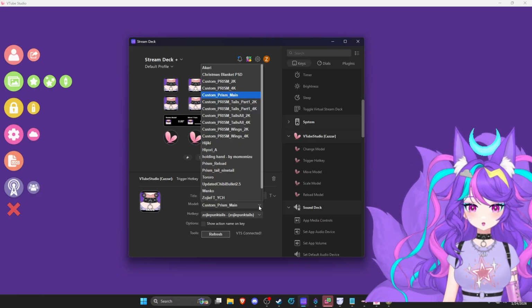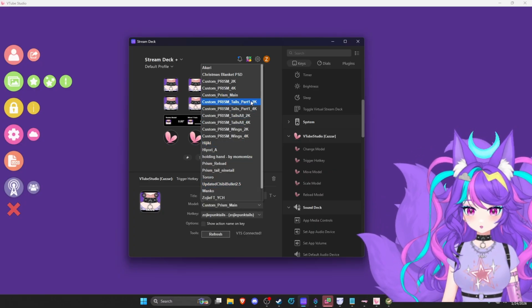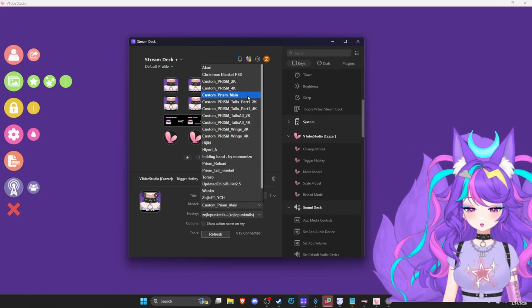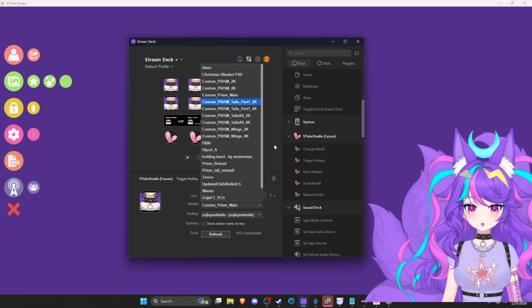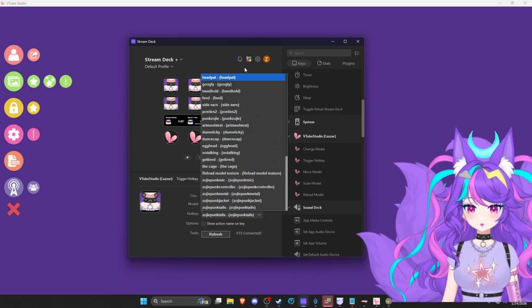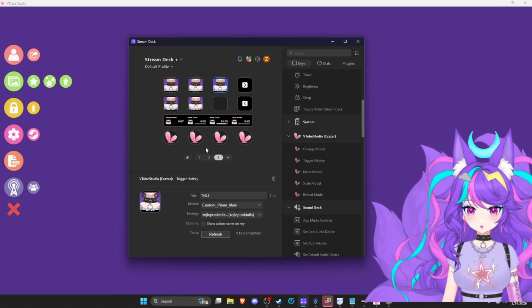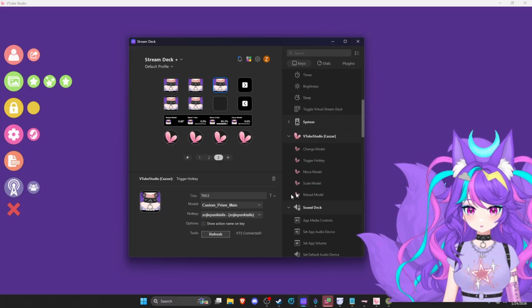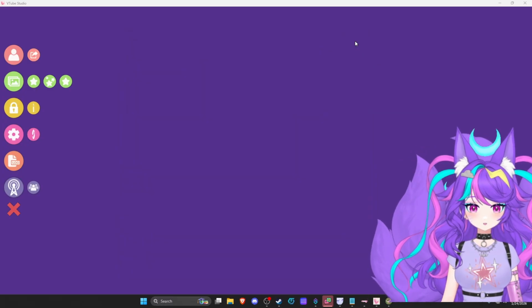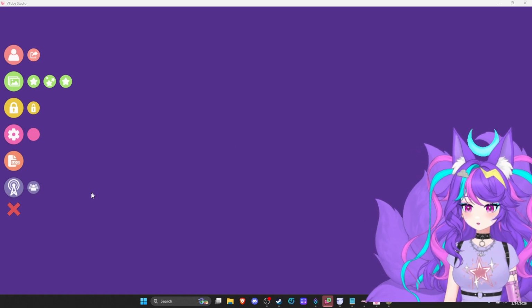It's such a life-changing thing to have a Stream Deck, honestly. And I have a lot of models, sorry, but you just pick which model it is, and then you set up your expression, and that's it. And then you can have them at your fingertips. It's really that easy. It's pretty cool. So I just wanted to show that first before we get into